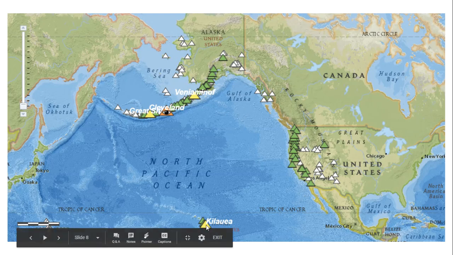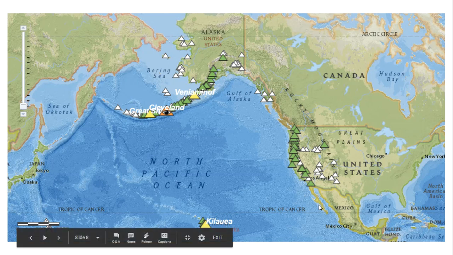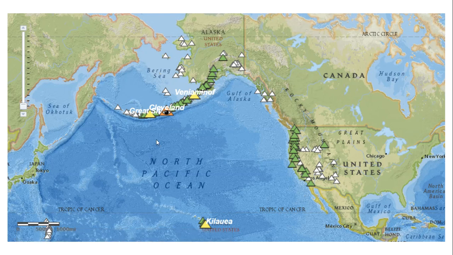But Hawaii is not alone. Hawaii, around the Pacific Rim, looking specifically at volcanoes that are in the United States, so I'm not including anything beyond that. So we have here Kilauea in Hawaii, and then we have some of the volcanoes associated with the Pacific Islands that are territories we own or we administer. And you can see here that the Aleutian Islands and southern Alaska are quite active volcanically, as is the west coast of the U.S.